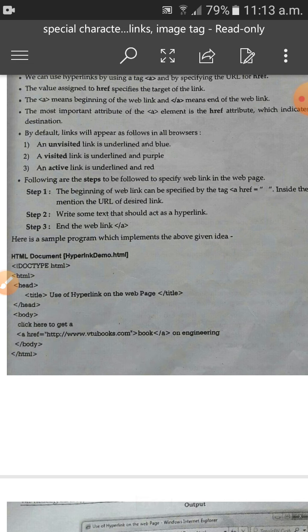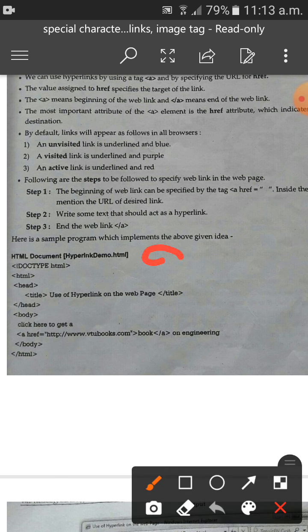An unvisited link is underlined and blue, like a link such as Google. A visited link is underlined and purple: if you open a link and come back to that page, it will display in purple. An active link is underlined by a red line.